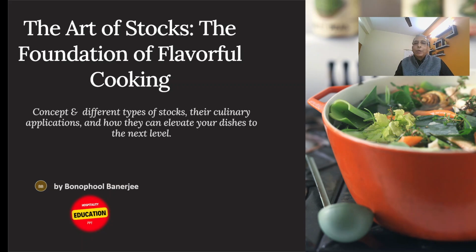Why do we call it foundation liquid? Why do we require to make this stock in the kitchen? What are the different types? How is it to be utilized? What are the steps to be followed during the cooking of good stock? And different tips for making the best stock in your kitchen. This is our area of discussion. So no point of wasting further time. Let us focus on our slides